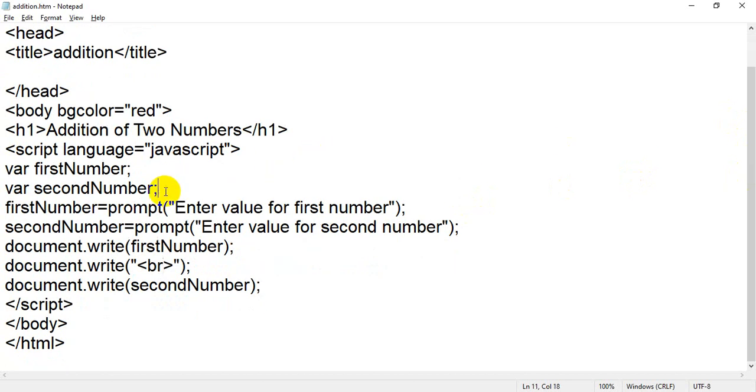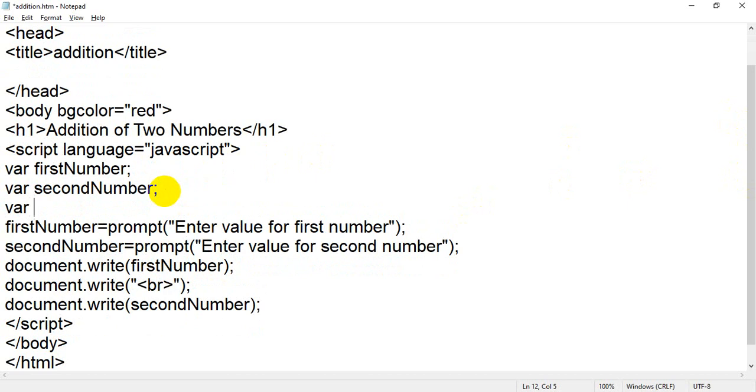I will declare one more variable, result, and write result equal to. What is the formula for addition? First number plus second number, yes or no? And the addition will be stored inside the result variable.